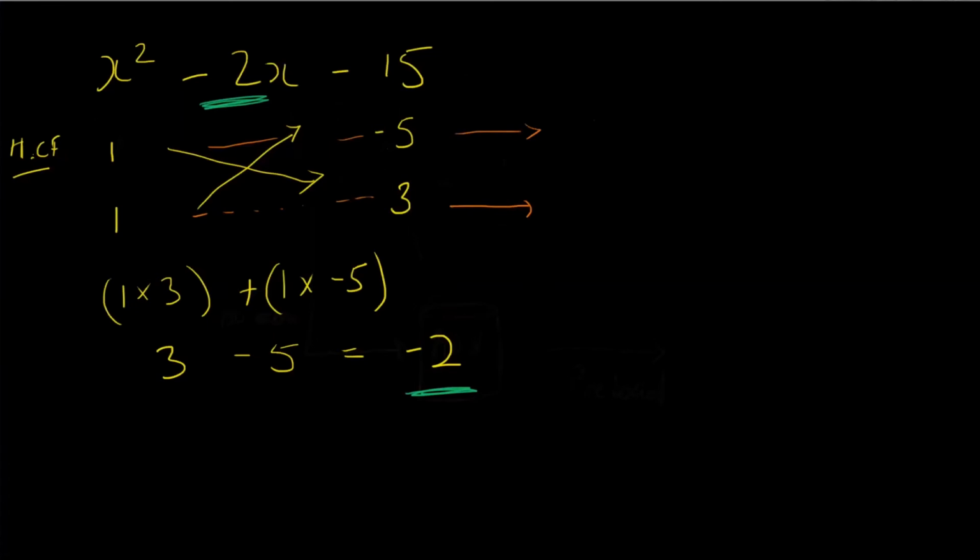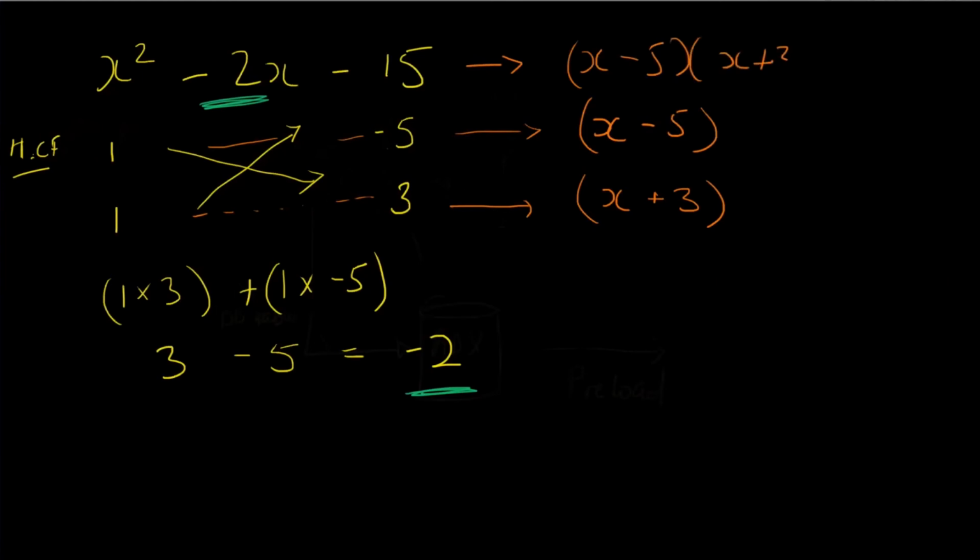This becomes x minus 5. And this one becomes x. The next one becomes x plus 3. Perfect. So if I factorized it, it would become (x minus 5)(x plus 3). Okay? If I try and solve this now,